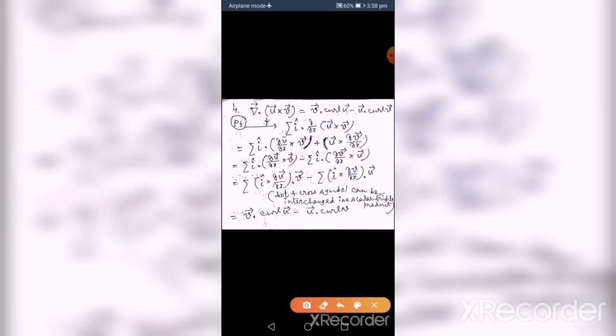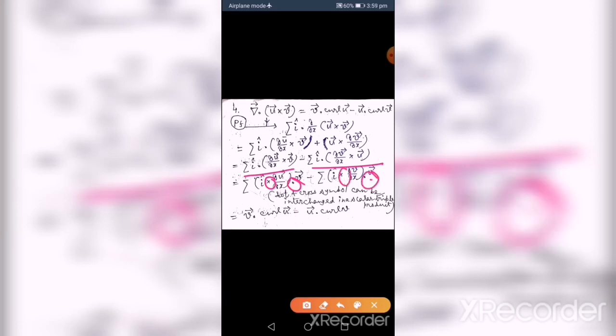Next, this is a scalar triple product, this is also a scalar triple product. For the sake of convenience, we have interchanged the dot product and cross product, which is possible in a scalar triple product. So we have put first cross sign, then dot sign here. Here also first cross sign, then dot sign. So we have interchanged cross sign and dot sign from the last term to the current term.